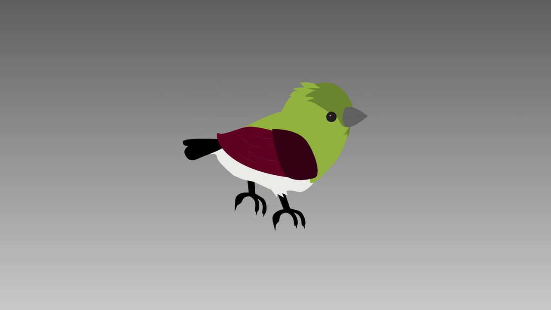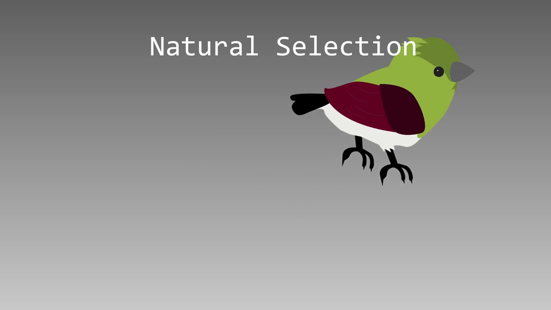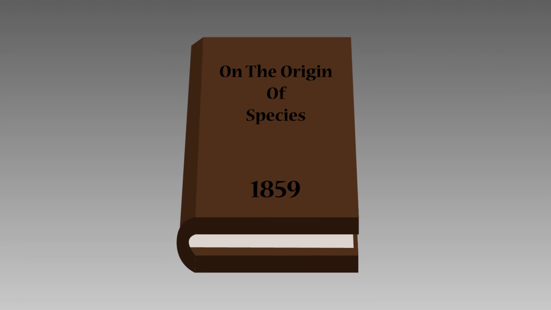From this, Darwin concluded that in nature all organisms compete with each other for resources in order to survive, and this competition between members of the same species is what makes organisms evolve. Only the best adapted organisms will survive the competition and reproduce. The others will die out. Darwin called this process natural selection, and he published his ideas in a book called On the Origin of Species.